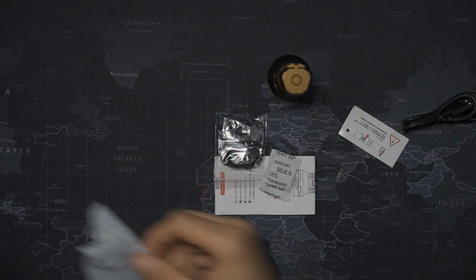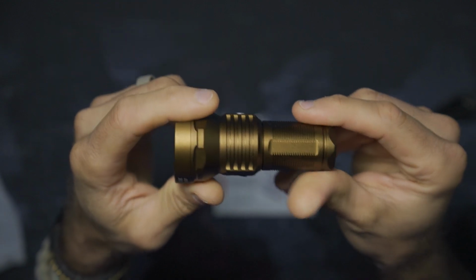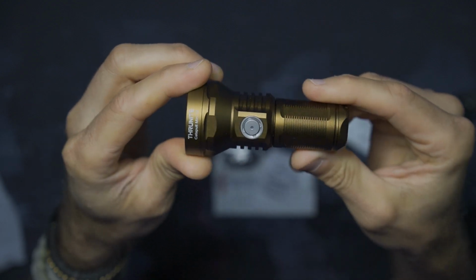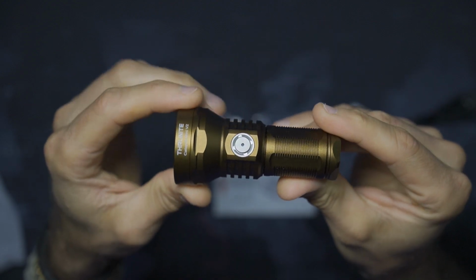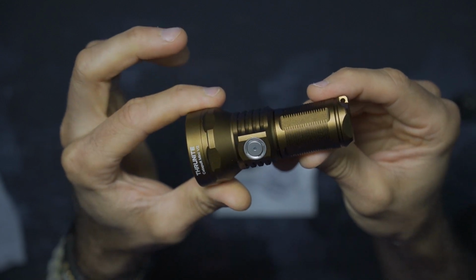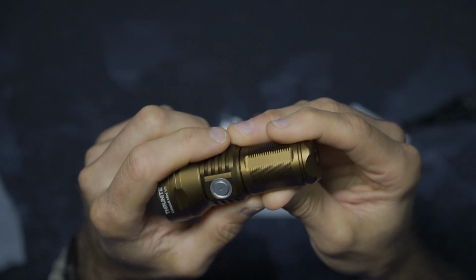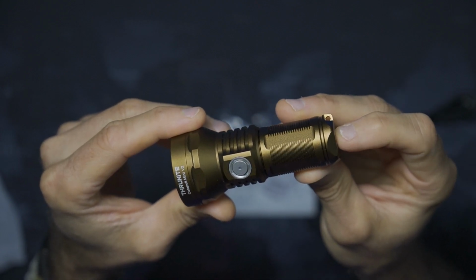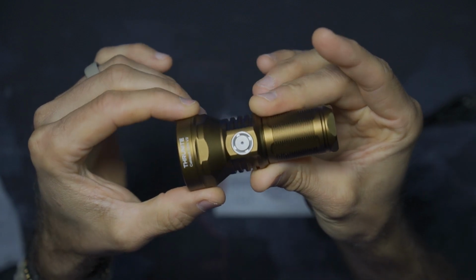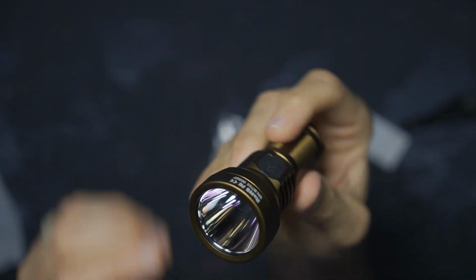So as we take a look at this, just a few things. I'm going to show you what comes in the box. Of course, the flashlight. Now this here is in the tan, which I love the way this looks. I think they do a fantastic job. It's just a beautiful color. They do have a couple of different offerings. They also have this in black and I believe in the silvery gray color. And then I had in my original version 1 kind of that silver gray color, which was really cool. But again, I love the tan. I think it just looks great. And what I really like about this flashlight is how it just melts into your hands. For how small this is, it's an incredible